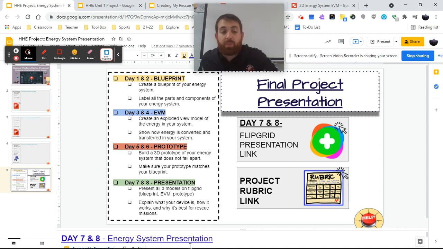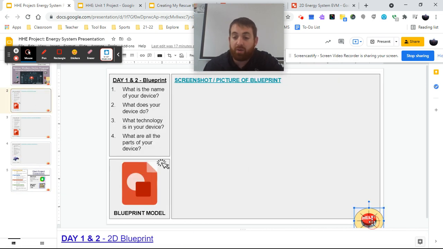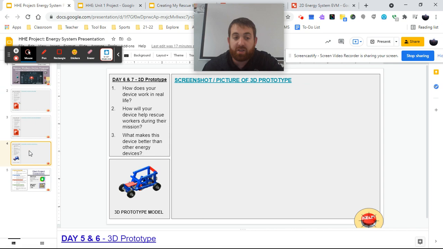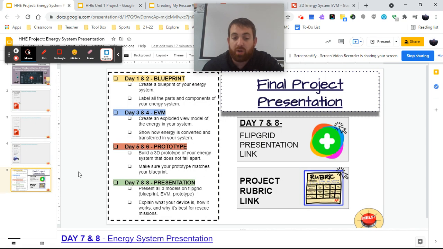So to recap, we are taking the product that you invented in activity 132. You're creating a blueprint of that device, an EVM of that device, a prototype of that device, and you're presenting that device. The slideshow here will break down not only how to complete this slide with instructions and some resources, same for each of these slides until we get here where you're going to be presenting your models, your prototypes,